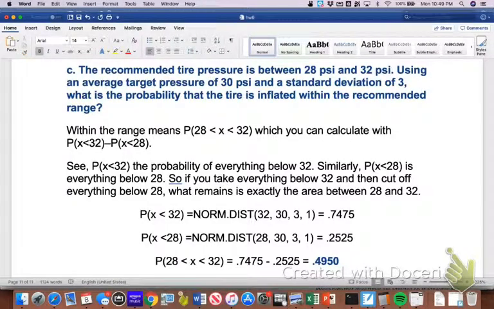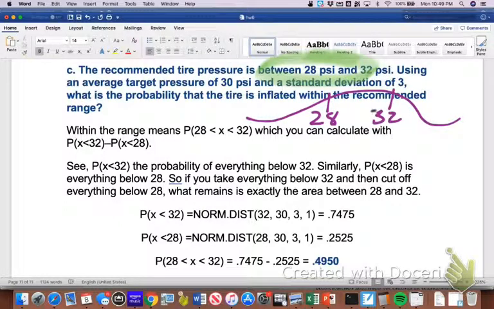Okay, so for C, it says the recommended tire pressure is between 28 and 32, right? So it's asking for the probability that it's within range. So we're looking for this spot right here in the middle. So the first thing we need to figure out is what is the area